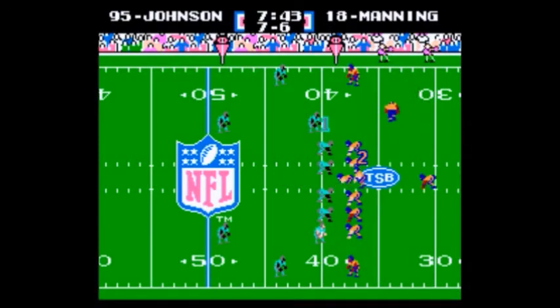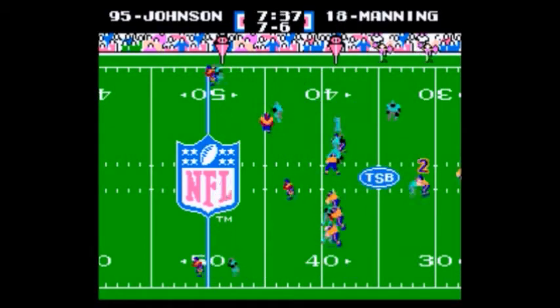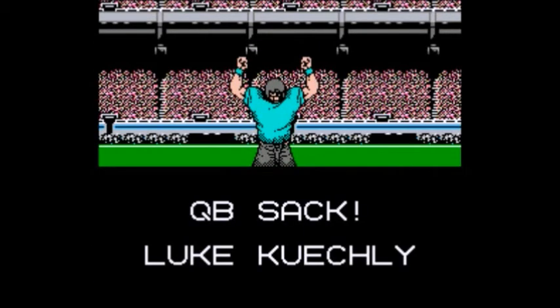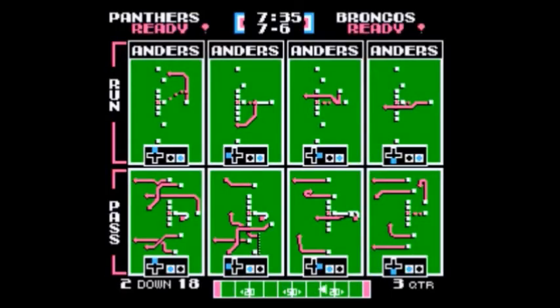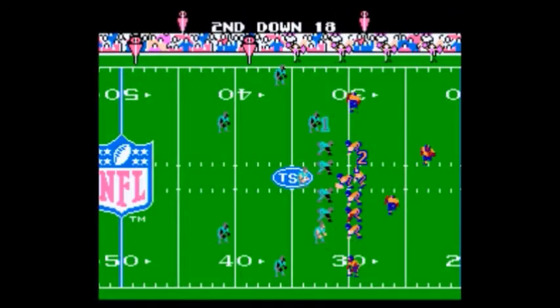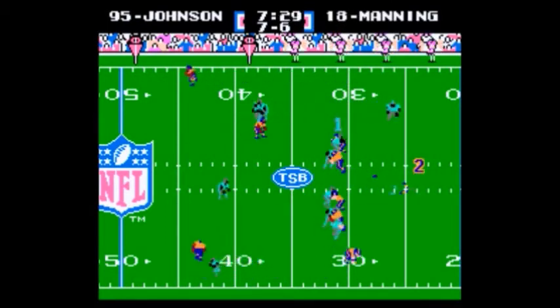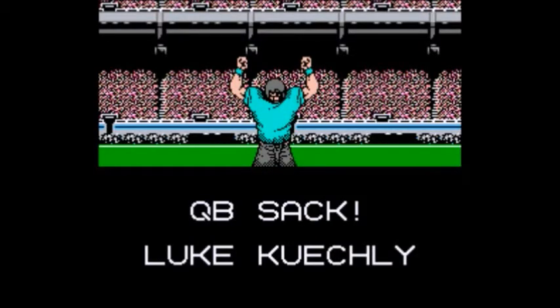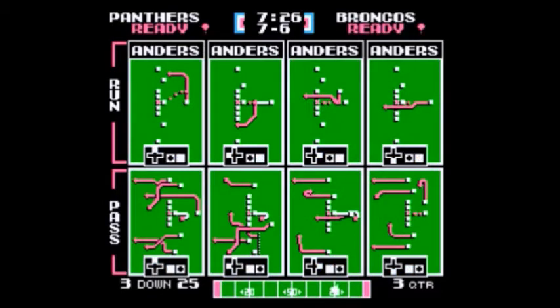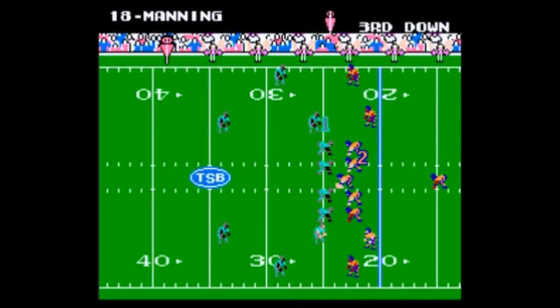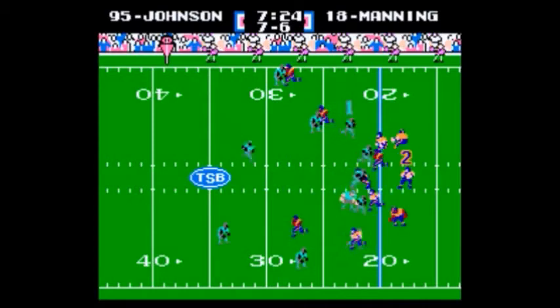So, all right, well, let's see what fake John Fox drew up here at halftime for the Broncos. I bet he didn't draw that one up. No, Kuechly with the sack there again, and Carolina's coming out fresh. Yes, looks like they got some rest. That Coldplay concert must have really invigorated this Carolina Panthers defense, because we've got 2 sacks in a row, and Broncos in big trouble.